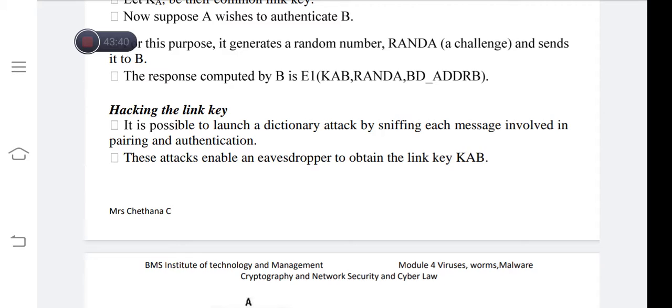Other possible attacks come from knowing the addresses. How can an attacker perform this? There are social engineering attacks that enable an attacker to pair his device with that of a careless user.